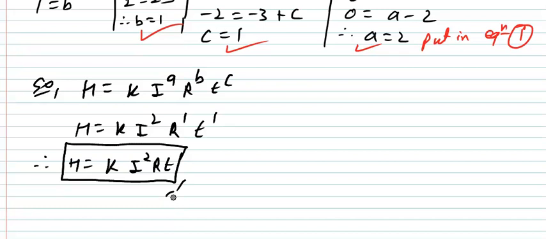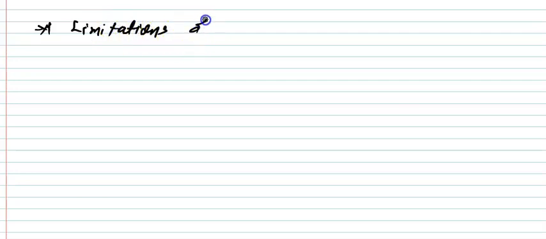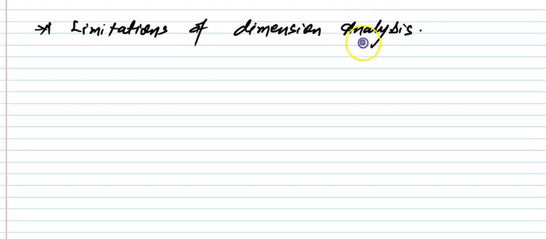So these are the dimension uses, all three uses we have covered. Now we have some limitations, so you can write down the limitations of the dimension analysis. The limitation is that we cannot solve more than 3 variables at a time. There are 2-3 limitations which we have to list over here. So write down the limitations of dimension analysis.